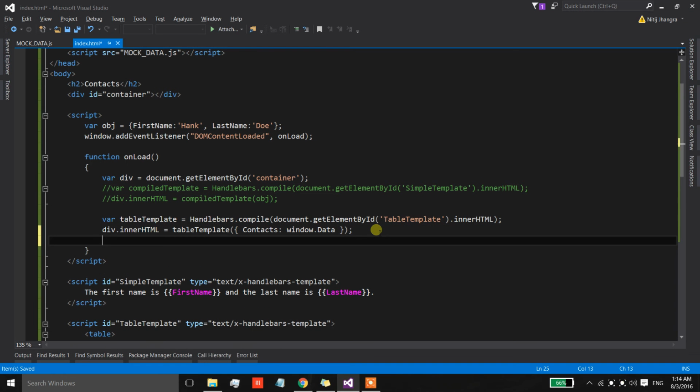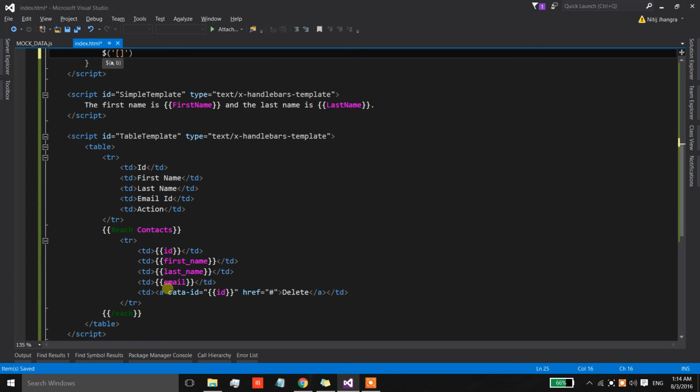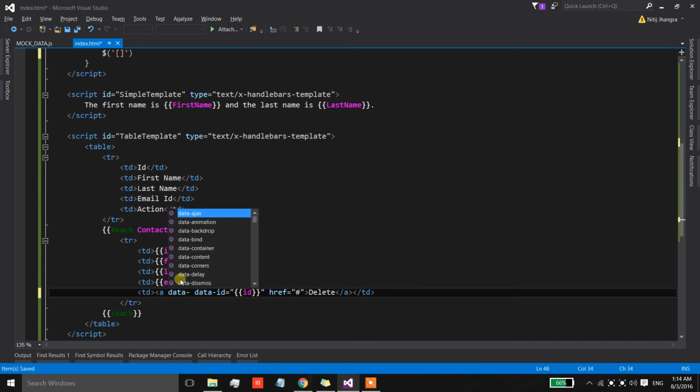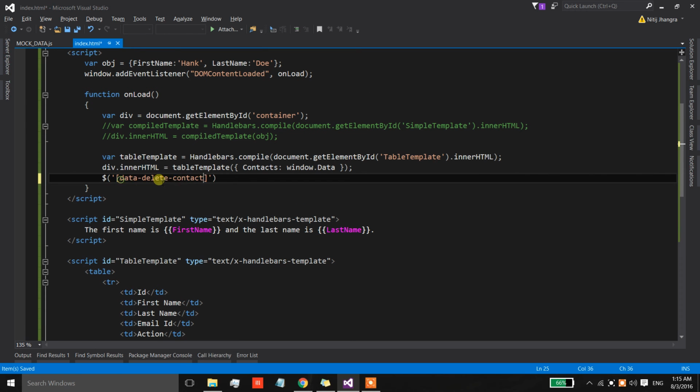Now what we can do is simply use jQuery to bind events with all the delete links. Let's give it another attribute, because assuming that there are going to be more links on the page, it is always better to assign a common attribute to the buttons which are going to perform the same action but with different attributes. So let's name it data delete contact, and in the click I'm just going to send in a function as an argument,